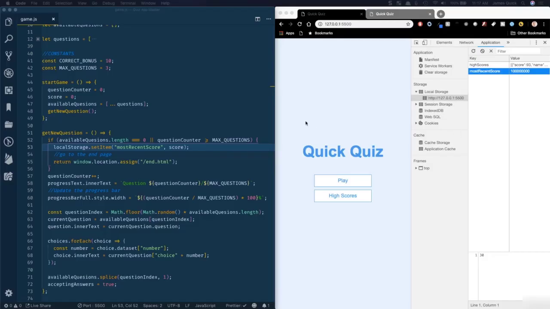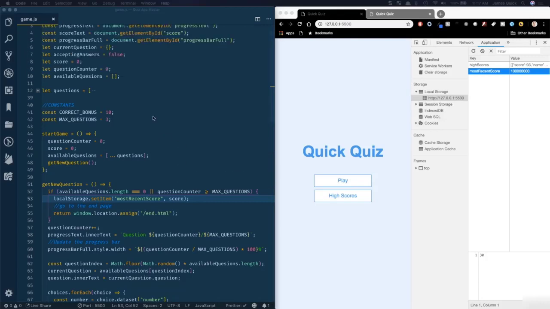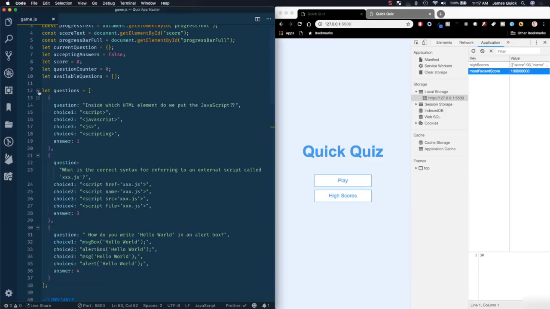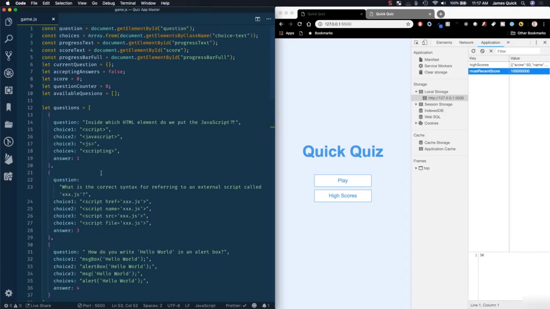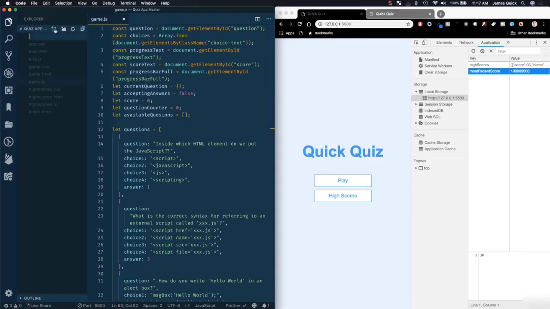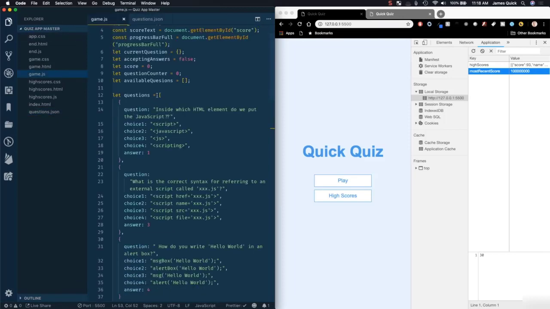Okay, so we've got honestly the majority of our game stuff working, but we're gonna make a few improvements before we get done with this course. And the first thing we're gonna do is, instead of hard coding this array of questions in here, we're gonna actually put them in a JSON file. So we're gonna open up a file called questions.json, and we will take the questions in here,